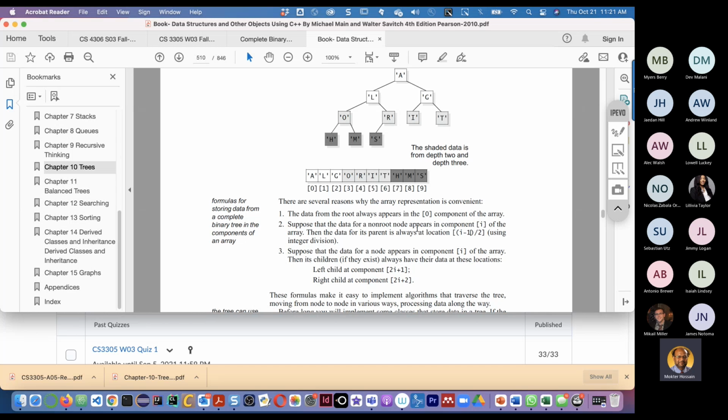So at index 5 we have I, and at index 2 we see G. So G is the father of I. By using this simple formula, we can find the parent of any non-root element.